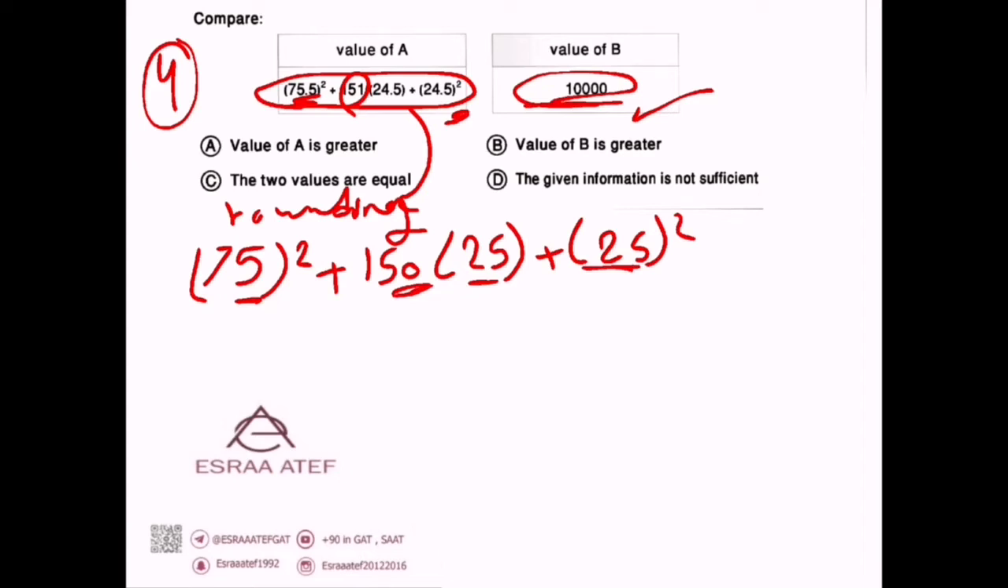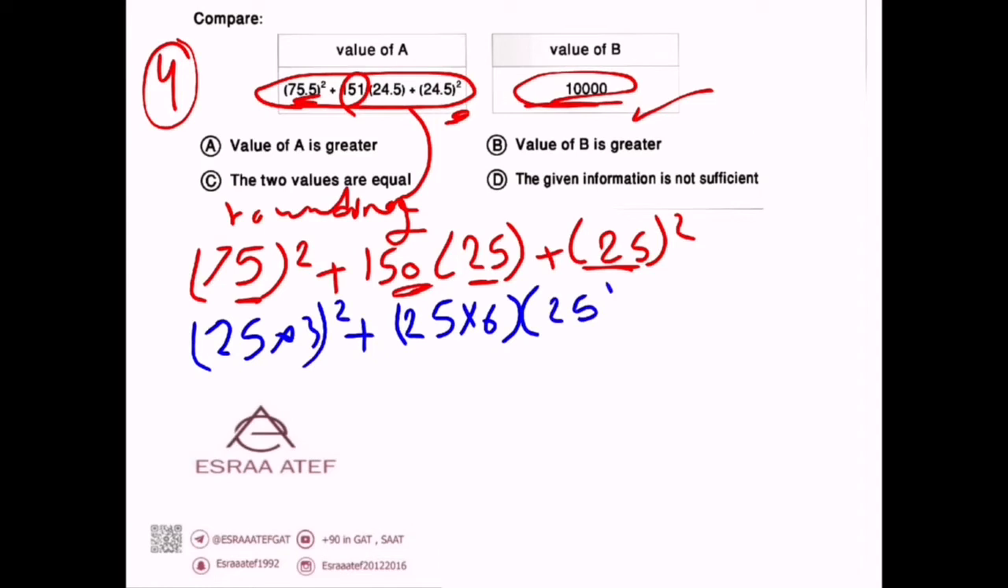Okay, how can we do it? 75, which is 25 times 3. Each one of them we will convert to 25. Okay, 150, which is 25 times 6, times again 25, and then plus 25 squared. Okay, now all of them have 25. Here we have 25, we have 25, 25. So we can take it as a common factor. So 25 we will take